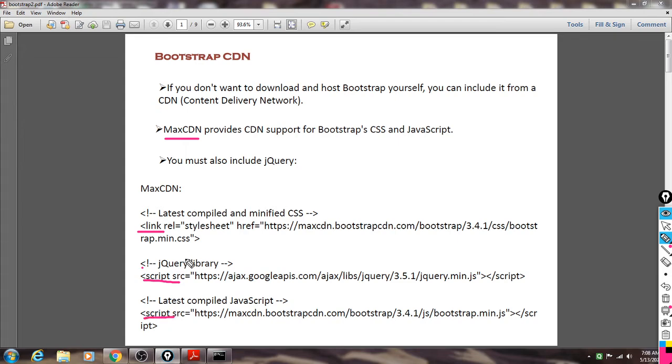These links are available on websites on the internet, so we can copy them to include Bootstrap CDN from the internet. So these are the three links: the first one for CSS, the second for the jQuery library, and the third for JavaScript. So how can we include this?